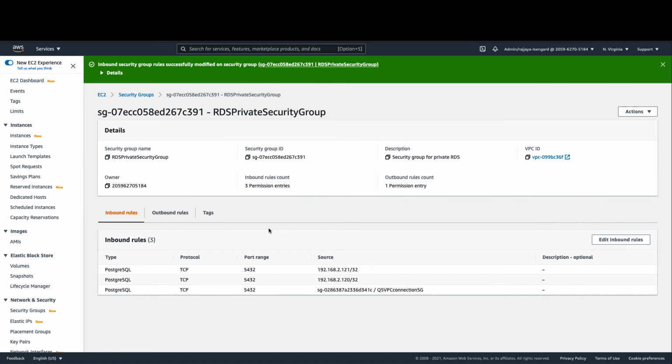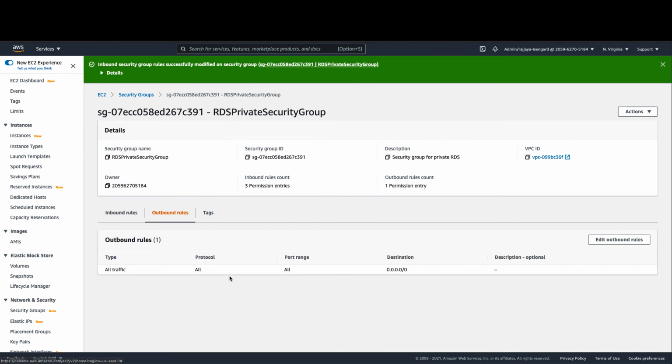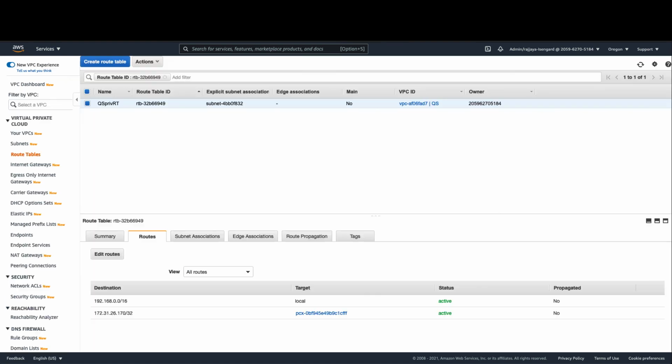To reiterate, the inbound rules that I've used in my security groups allow traffic only from the RDS instance's IP as well as the QuickSight VPC connection's IP. However, the outbound rules have been set to the default. Please do work with your networking team to establish the correct outbound rules that you need for your company's security requirements, as well as check your route table rules so that the proper traffic is flowing between the different VPCs in your VPC peering connection.